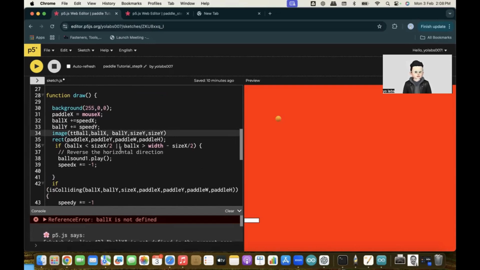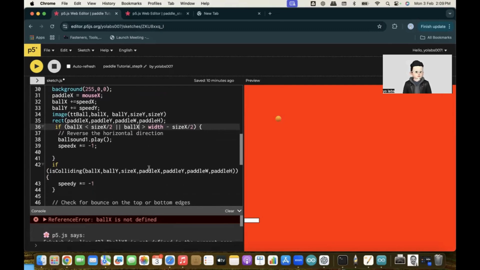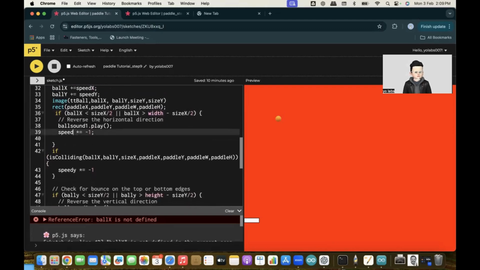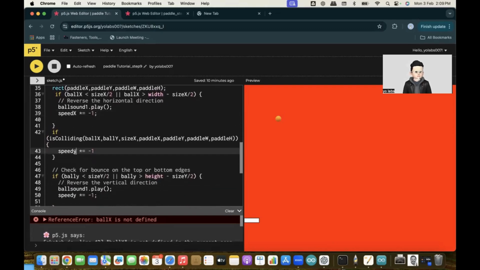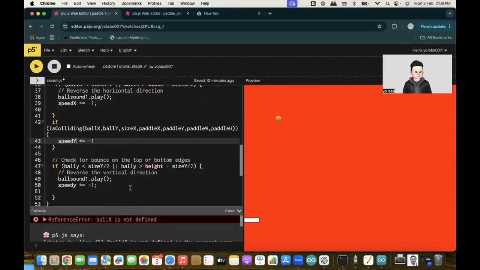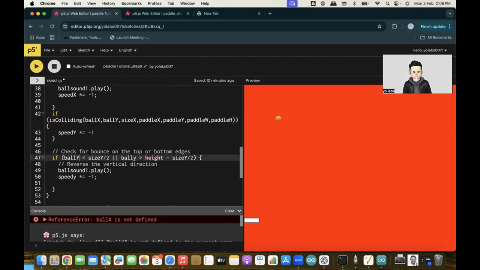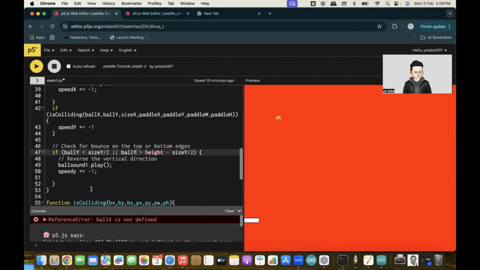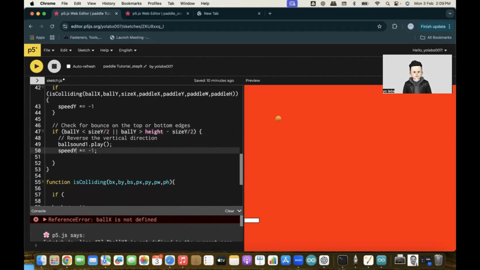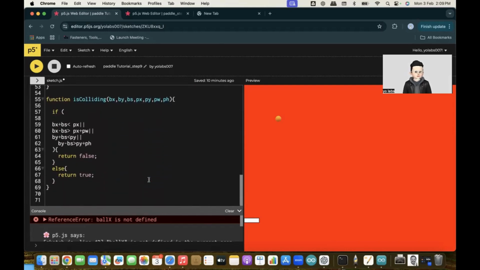It looks like it will take a lot of time, but it will not. Soon we will be able to do that. And once we do, at least we will have the same thing everywhere. In future, take care that we don't make errors like this. Ball Y, capital Y, and then this thing is fine. Speed Y again becomes capital, and then